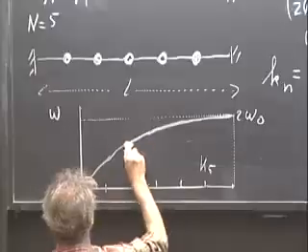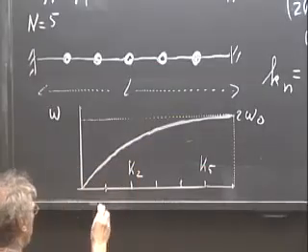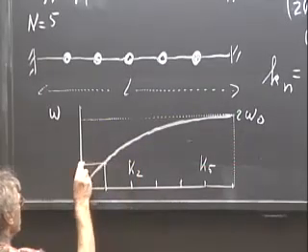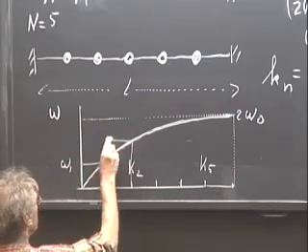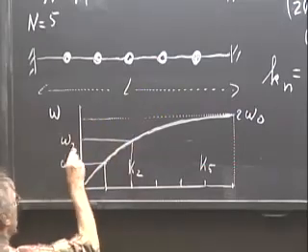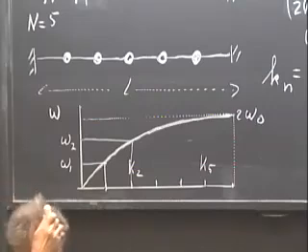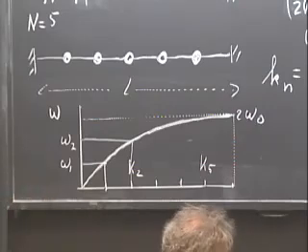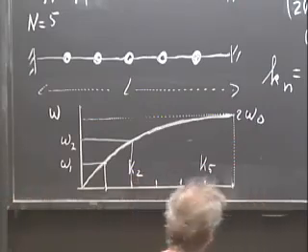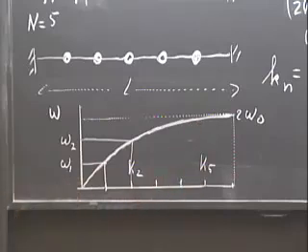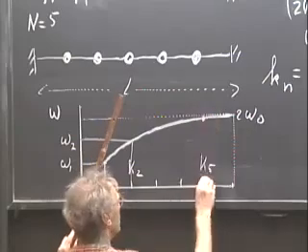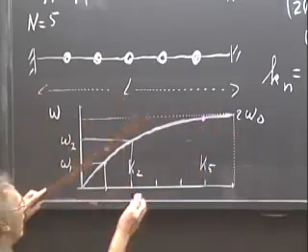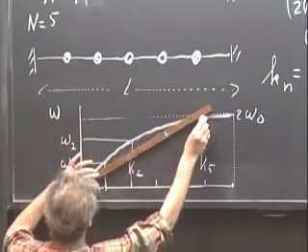And if I draw this curve now, it looks like this. It's a sine curve. So for k1, this is omega 1. For k2, this is omega 2, and so on. So you can immediately see that the speed of propagation in the fifth mode is lower than the speed of propagation at the lower modes, because this point here, which is k5 connected with omega 5, I can connect that with the origin,